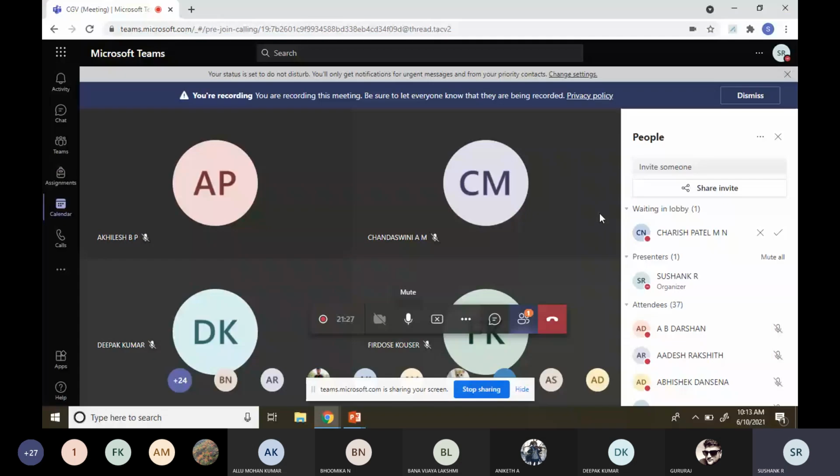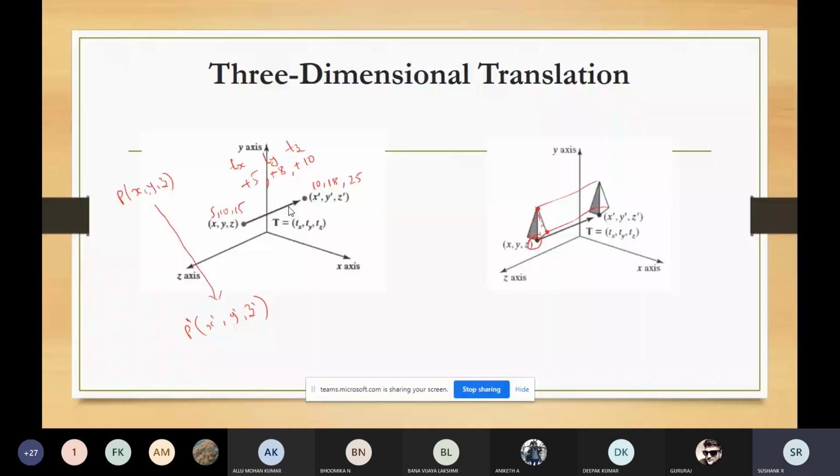So it is a computation which is performed by using the computer graphics library routine. Like this, the translation is happening here. You're keeping this point as a reference, and you're moving this pyramid object. So this is regarding the translation. I am moving this object from the position P to a point called P dash.